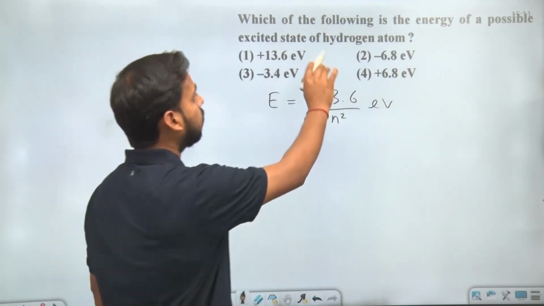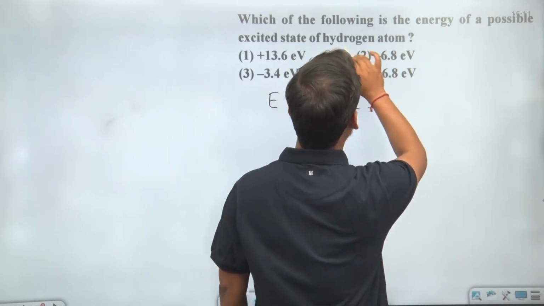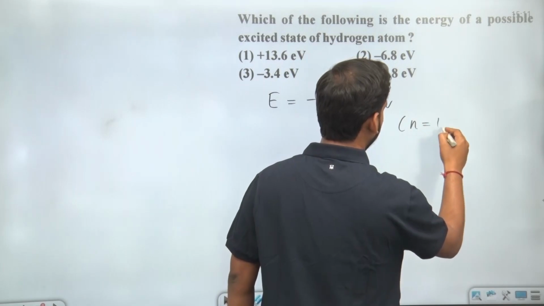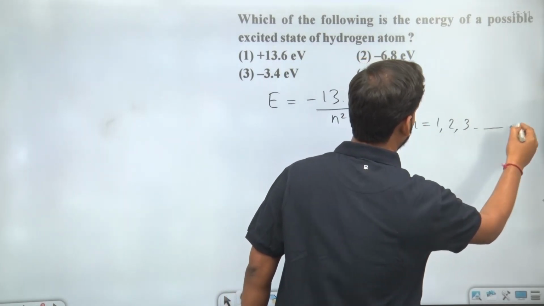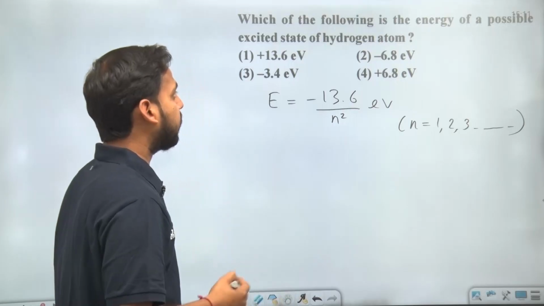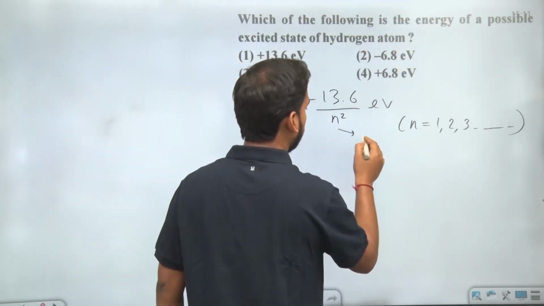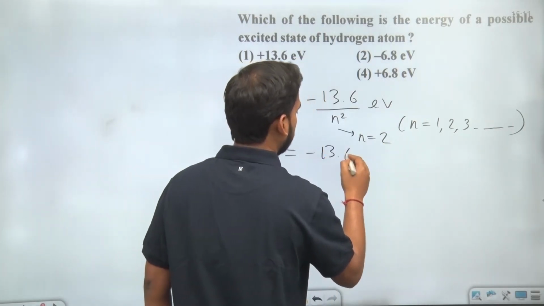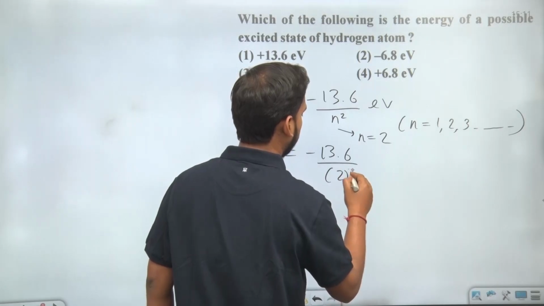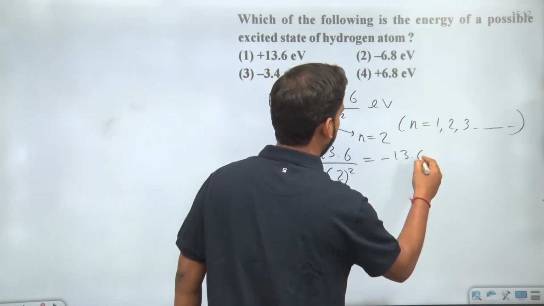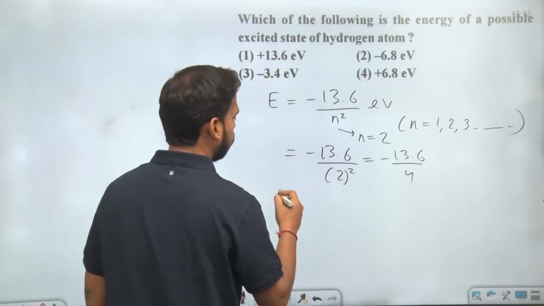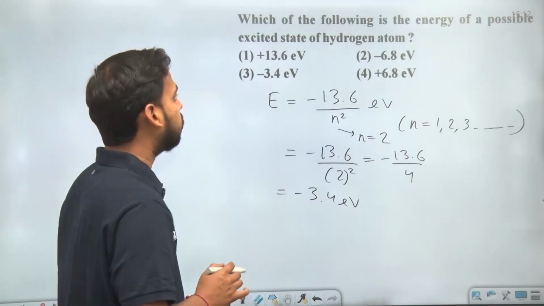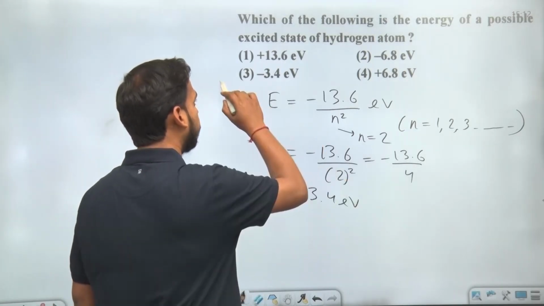And it is asking which of the following is the energy of a possible excited state of the hydrogen atom. So here the value of n can be 1, 2, 3 and so on. So for the excited state of hydrogen atom, n will be equal to 2. So it is minus 13.6 divided by 2 square, that is minus 13.6 divided by 4. So it comes out to be minus 3.4 electron volt. So the possible excited state energy will be minus 3.4 electron volt, that is the option third will